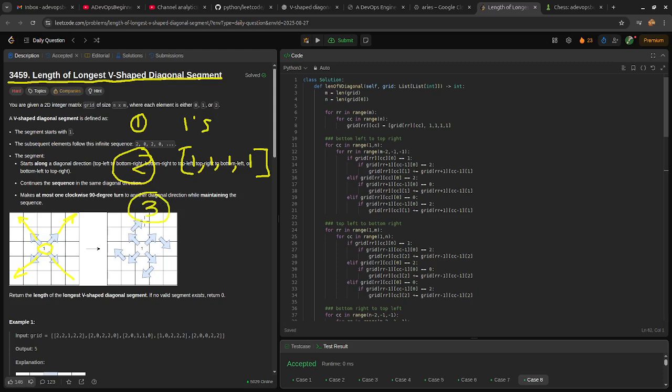By turning right, you can see there are 3 elements in this path: 1, 2, 3. So it is possible that at any point for this one and this one, we just turn right,